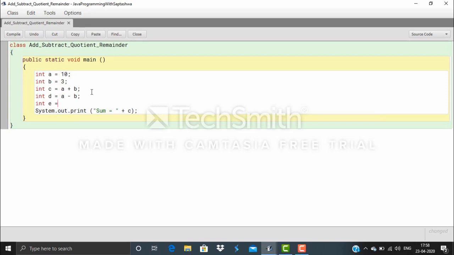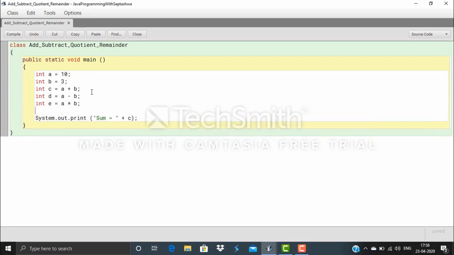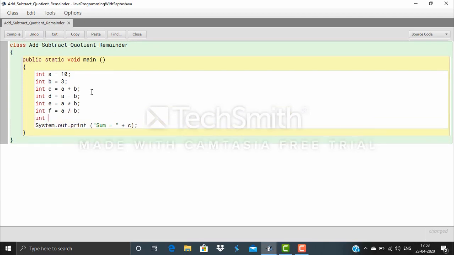Now in e, I am storing the product of the numbers a and b, in f I am storing the quotient of the numbers a and b, and in g I am storing the remainder when a is divided by b.